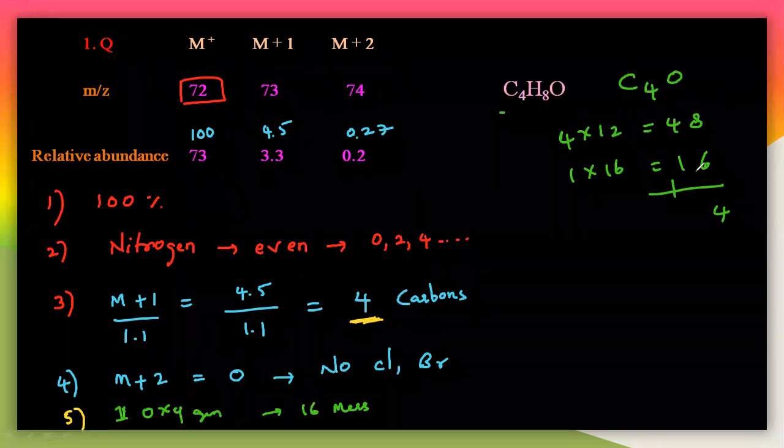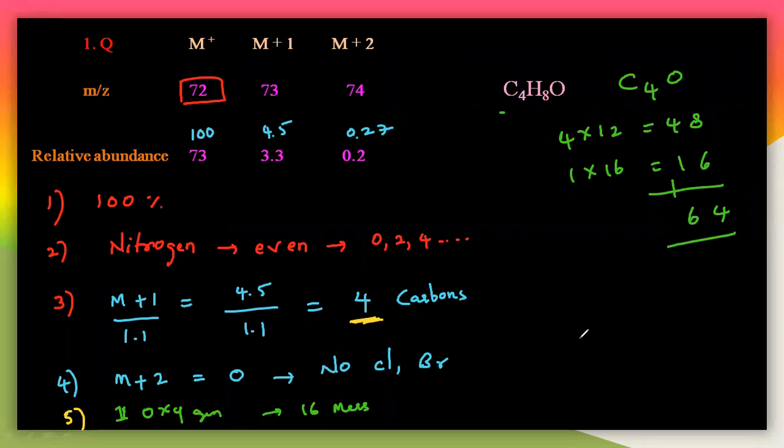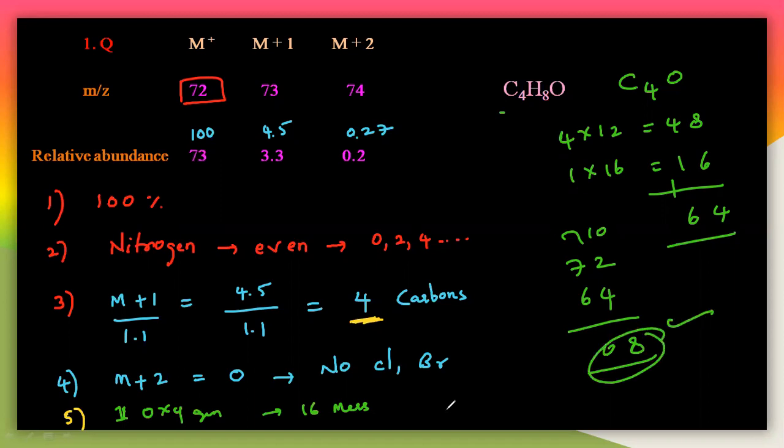So 8 plus 4 is 16, and this is 64 here. So till now we have got 64 mass, but we were given 72 as the mass. 64 is what we have got now. So 12 minus 4 is 8, and this is 0. The remaining mass will be 8 here. And see here, 16 mass is for the oxygen, and the remaining 8 are the hydrogens here.